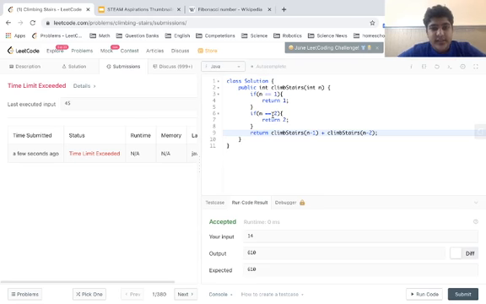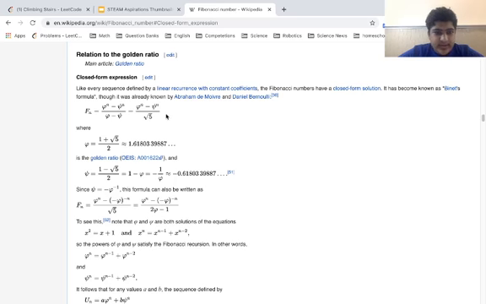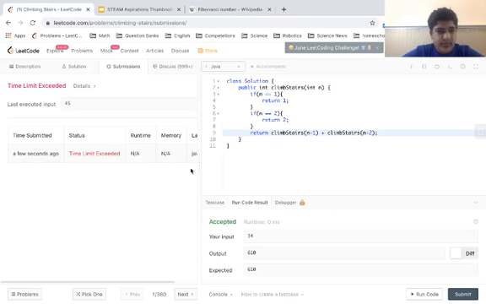And it turns out that there's actually a closed form for finding the Fibonacci numbers. It goes like this: 1 over root 5 times the quantity 1 plus square root of 5 over 2 to the nth power, minus the quantity 1 minus square root of 5 over 2 to the nth power. So we can just create a variable